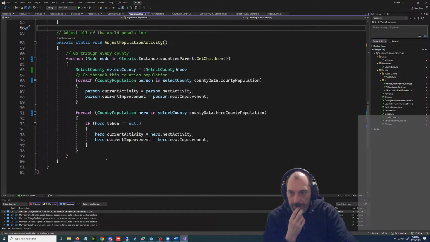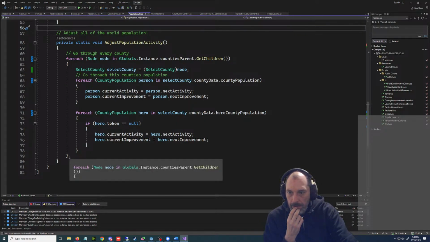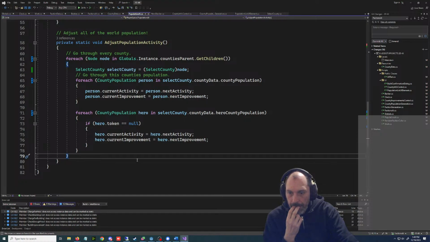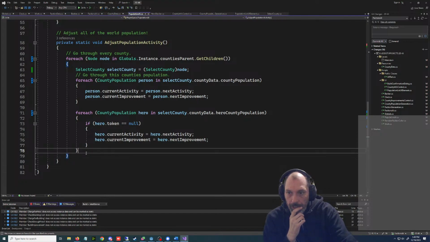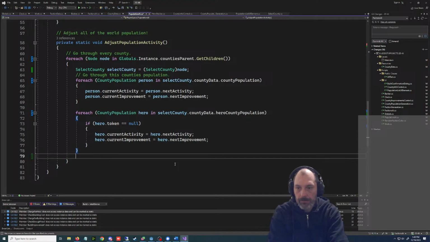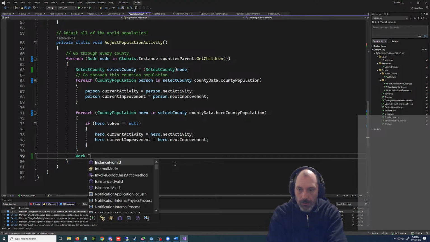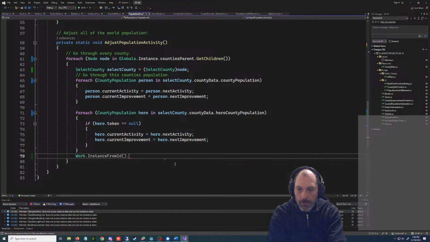Adjust their activity. So at the end of their activity, right here, right here, we want it to go up there.